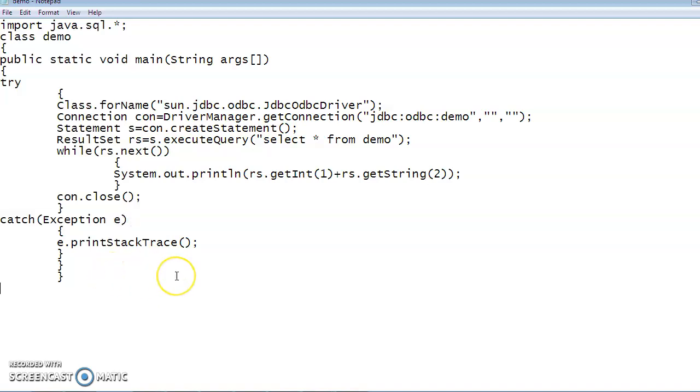If there is any error, it is displayed by using e.printStackTrace. If you are getting any error, we highlight it by tracing from top to bottom, and all the errors are displayed there. That is why it is the exceptional case. The stack is traced from top to bottom, one by one.